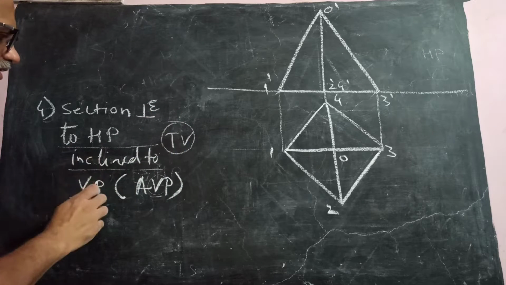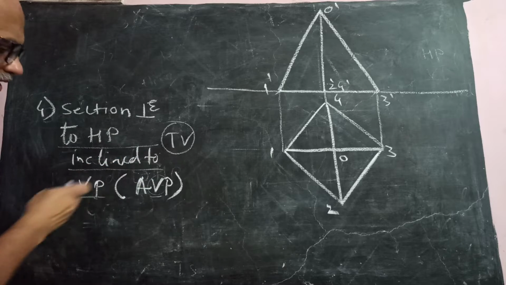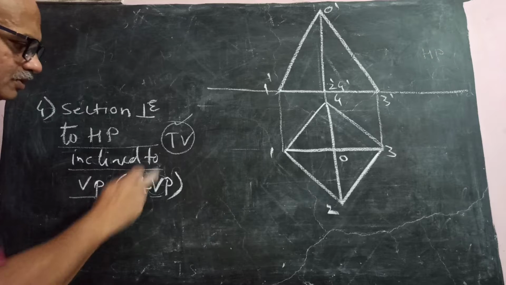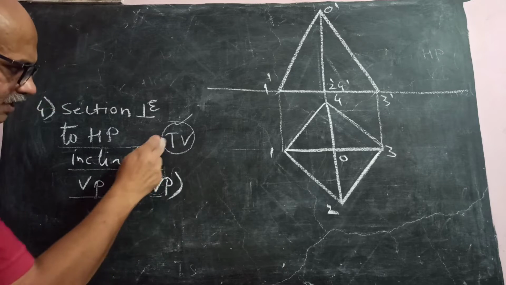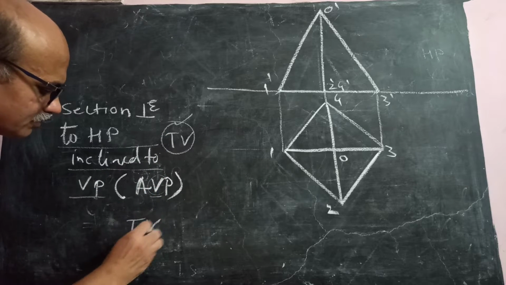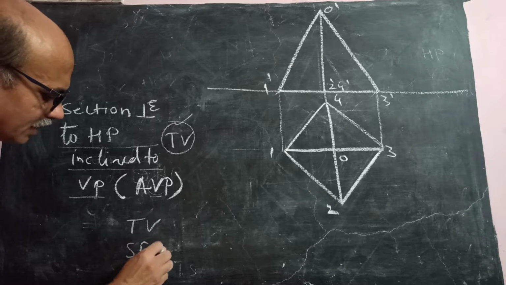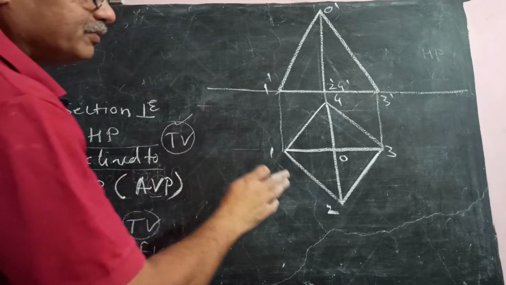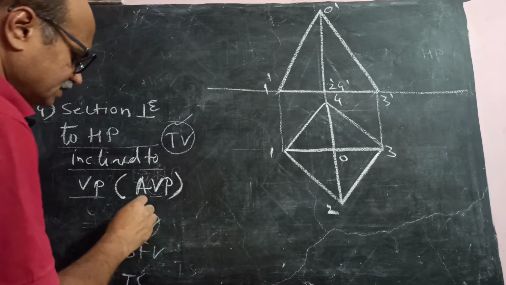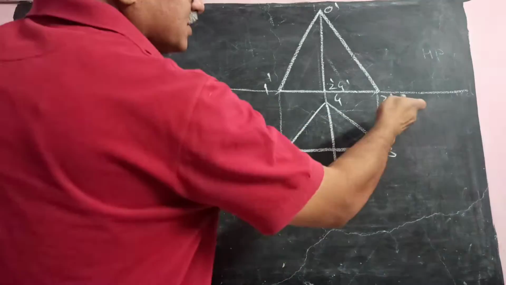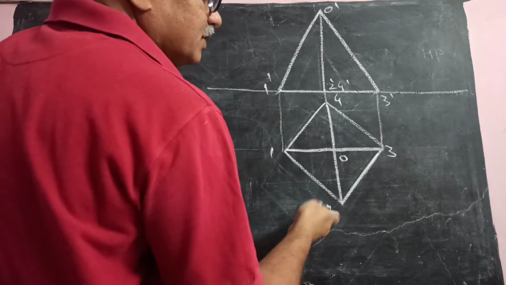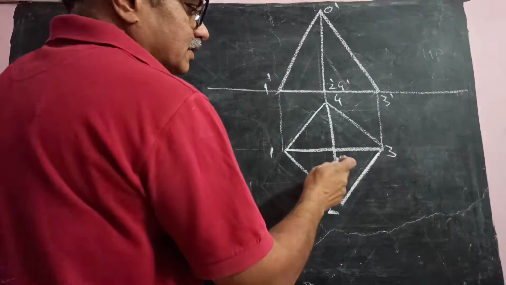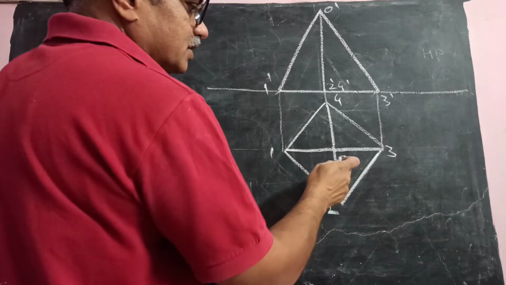If the problem says section plane perpendicular to HP and 45 degrees or 30 degrees inclined to VP, the cutting plane line you will get in top view. You can verify this from the problem. It will be given in the problem. Draw the top view, sectional front view and true shape. Here the section plane may be inclined 30 degrees or 45 degrees to VP, passing through a given point, or 5 mm from O, say.